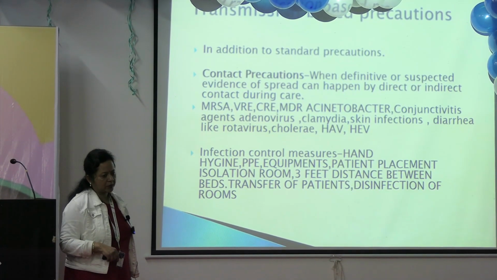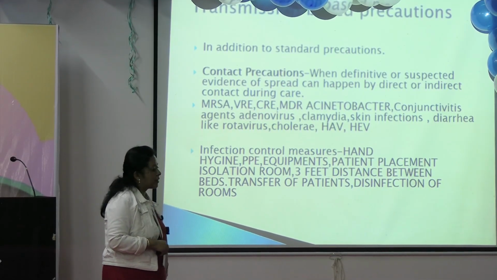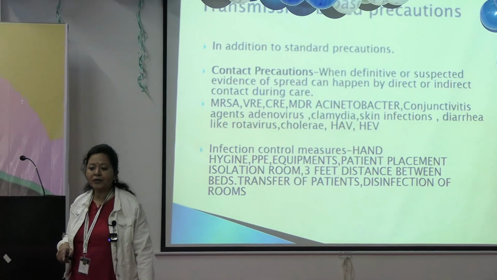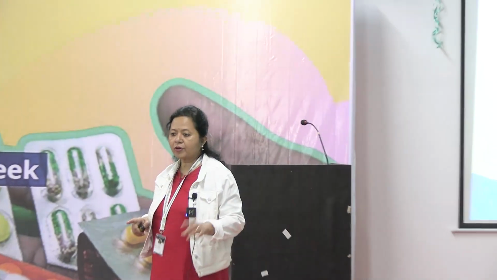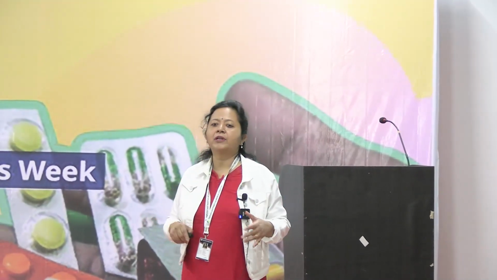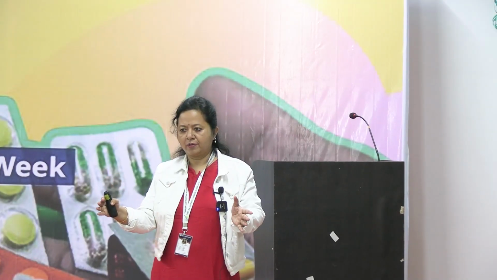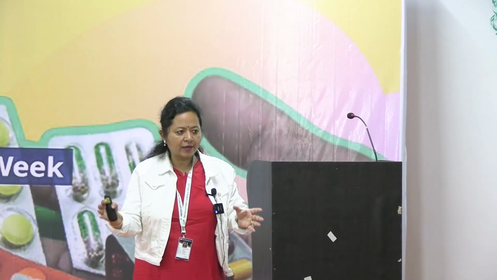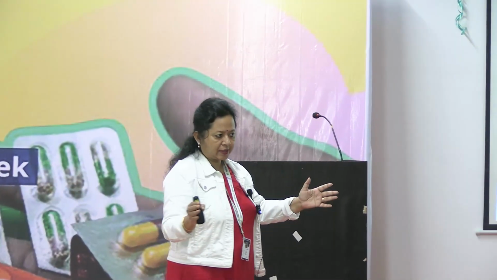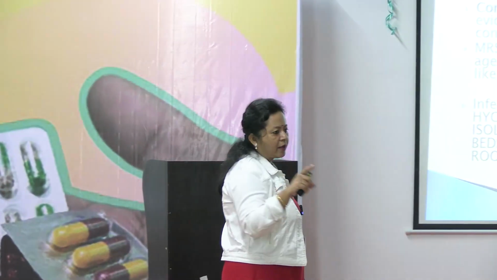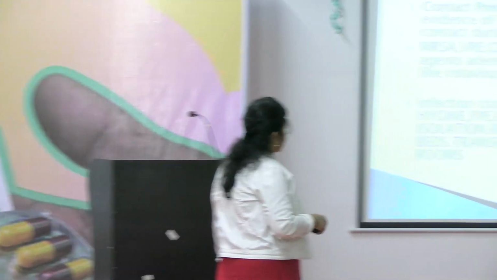If you are cohorting patients, like if you have a case of VRE, vancomycin resistant Enterococcus, and you have 3 VRE patients in a ward, what you can do is cohort them, because you may not have the luxury of so many isolation rooms. So you can put these 3 patients together and then take care. In that case, you have to keep a 3 feet distance from each one, and one-to-one nursing care is also important. So this is all which we do.